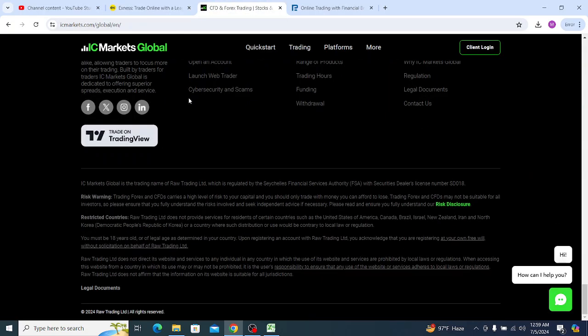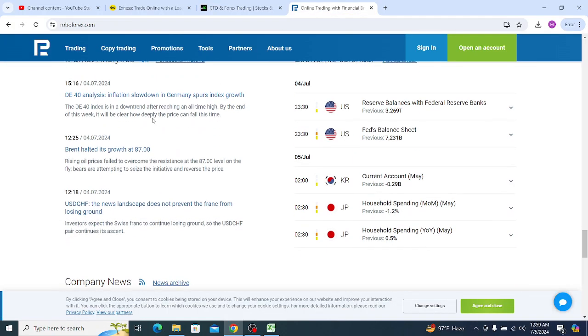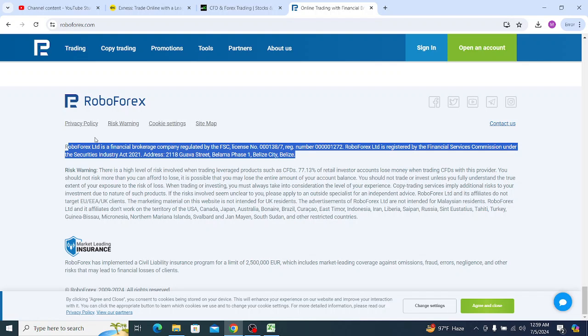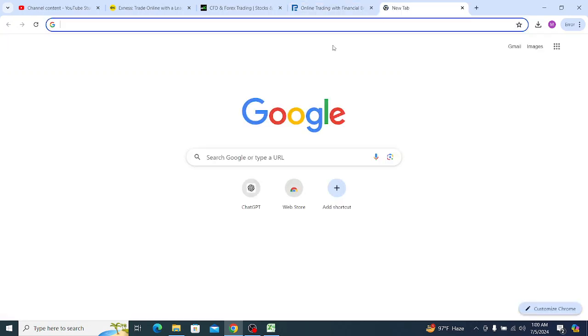If I go to IC Markets, you see IC Markets is a global trading company regulated by the Financial Services Authority, FSA, with a securities dealer license number. This is their license number. If we go to RoboForex, for example, you can go down, and there we go. They are also a registered broker. Moreover, you can go to